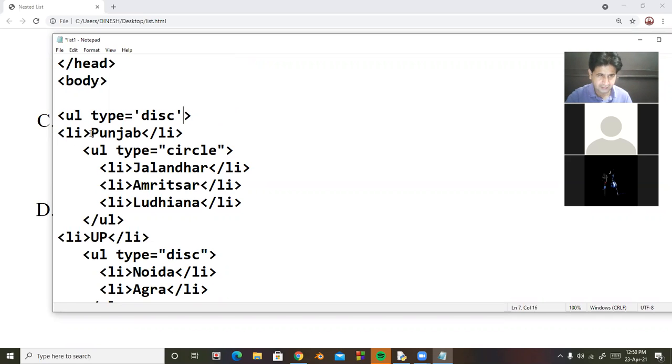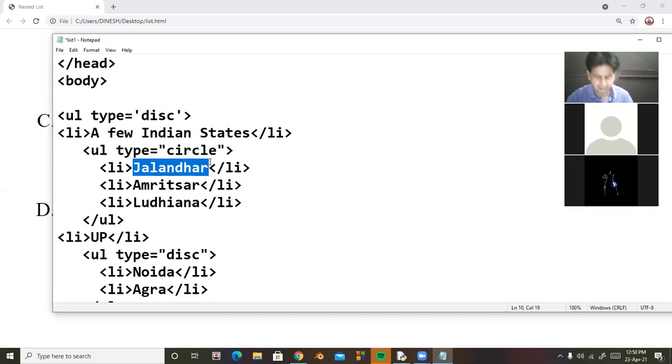Then LI I take here. This example is on page number 130 in your book. Indian states, and after that I take again unordered list, but type is circle.